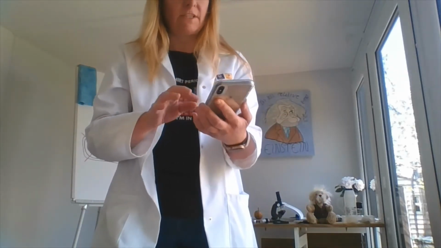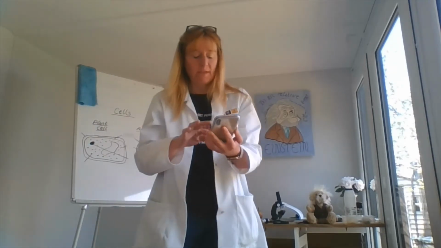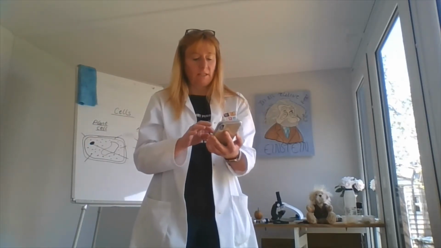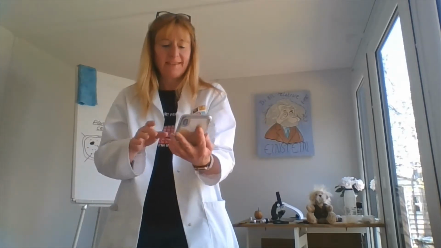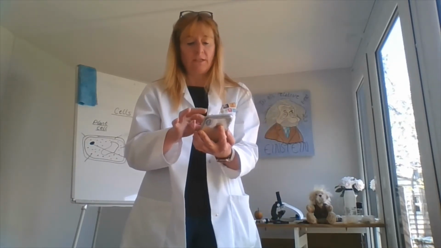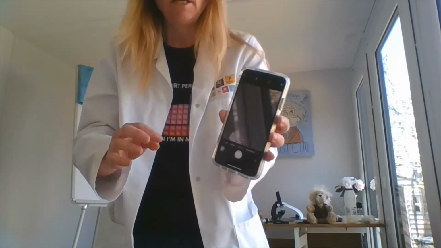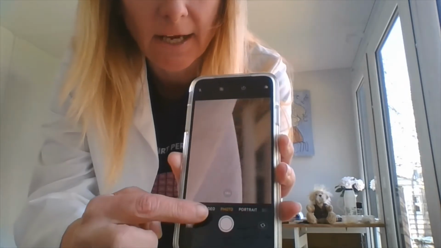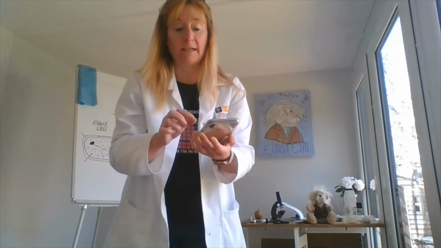I'm going to show you how to do it now so that you get a really good idea of how to use your phone as a microscope. So just go into your camera like that and open it. Now you can see a picture of me. And what you do is, if you take your finger and your thumb and you just pinch on your screen, you can do this on an iPad or on your phone, and you might need to do it a couple of times. You will then notice that it says down here ×10 magnification, and that is your phone magnified 10